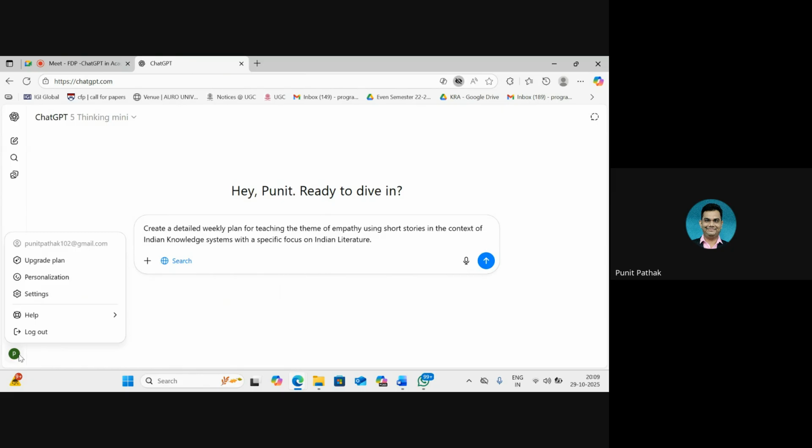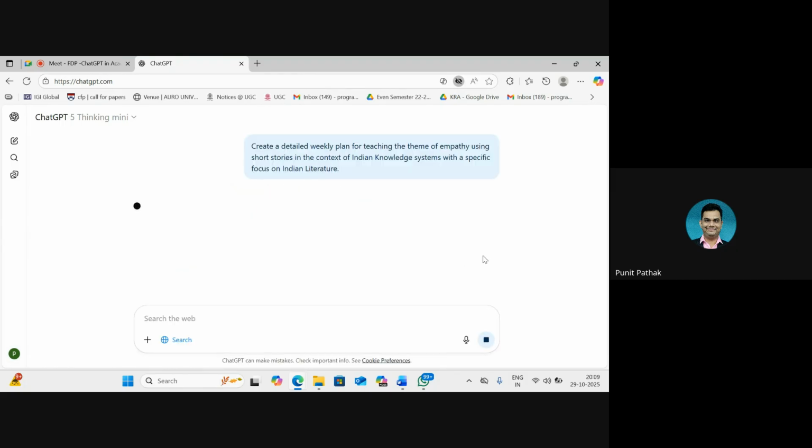Our custom instructions from yesterday are as it is. They have not been changed, so they will remain in place. And we go ahead with the first prompt. Today, we will spend some time looking at the output quality also for each of these versions. So as we go ahead and we turn on the thinking mini option,